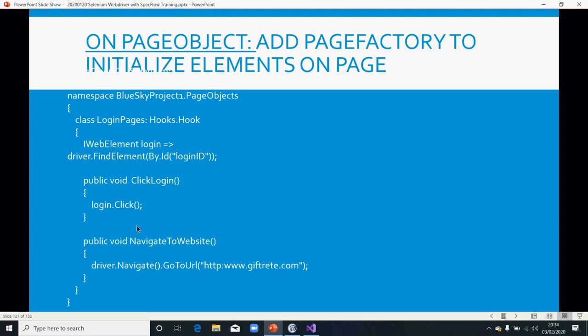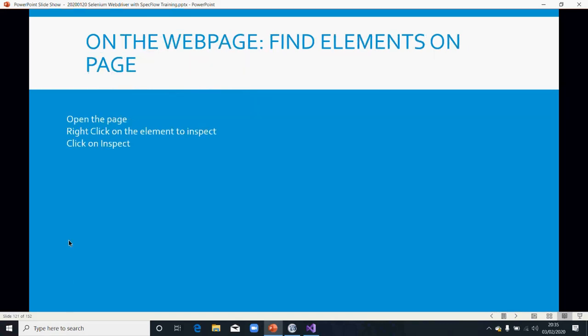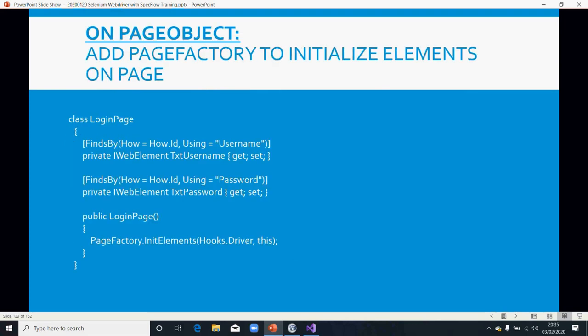In the same way, you can have an instance where you want to navigate to the site, right? So you will also create a method, so to say driver navigate to this particular URL. There's a different way to do this. This is kind of the simpler option, which I'm going to show you right now. But using page objects, you would put this particular navigation step into your page object, and then you call it in your step definition. That's how your page objects will work. So we'll go through this later, how to inspect elements.